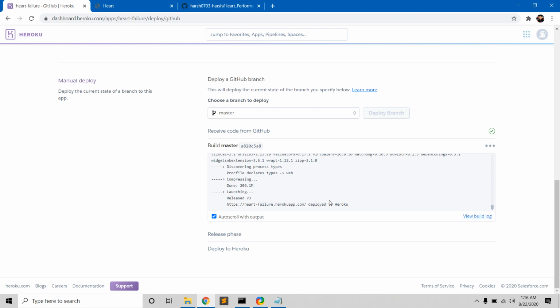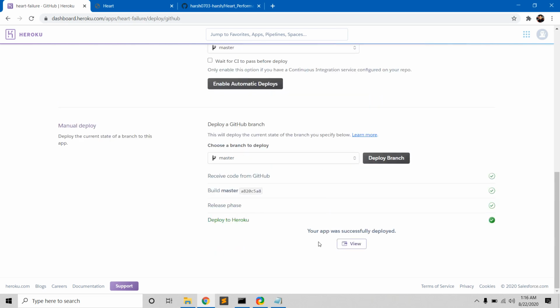After completing the process, it will show us a view button. Now this means we have successfully deployed our model.